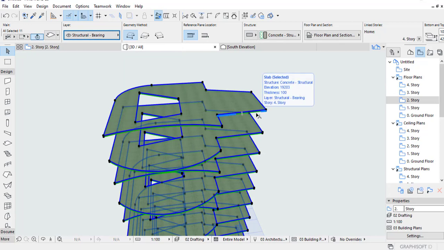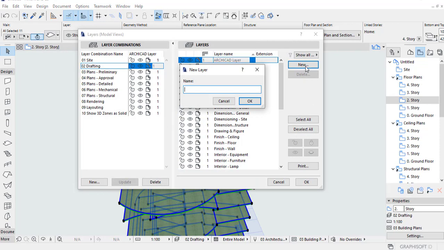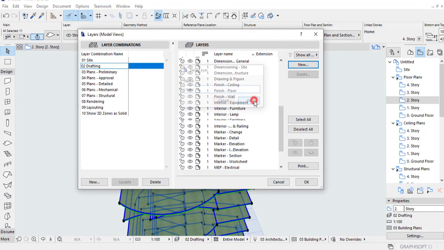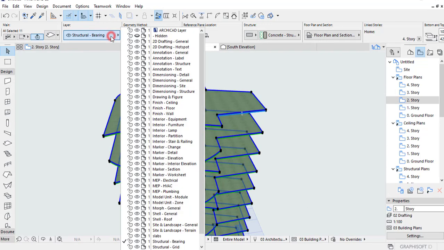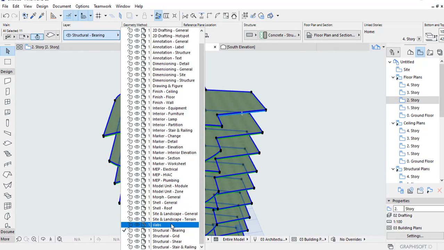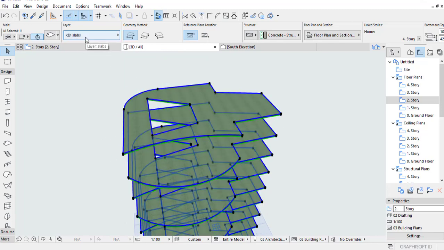So go to layers by typing in Ctrl L, type in a new layer called slabs, say OK, say OK. Then you can simply change this layer to slabs. So now they will reside under the slabs layer.